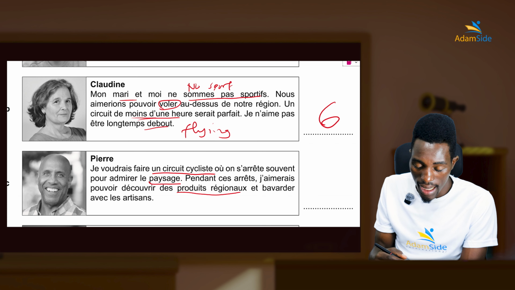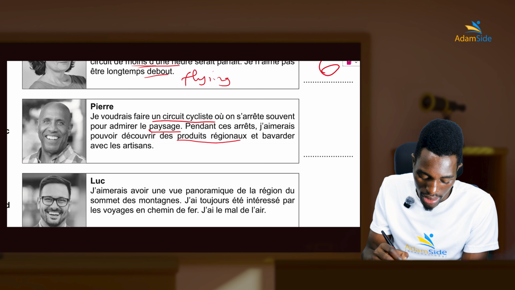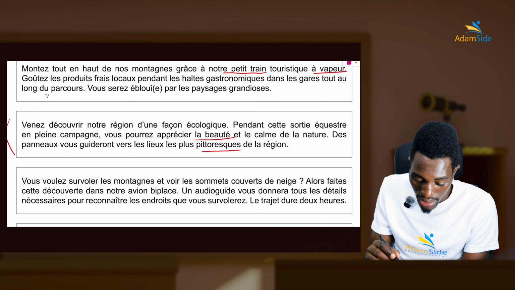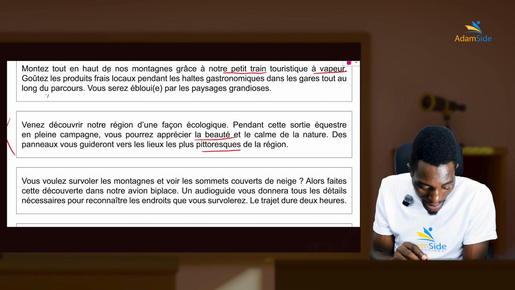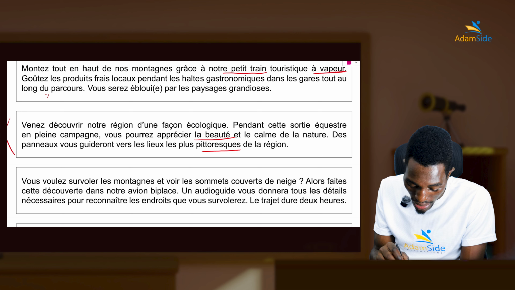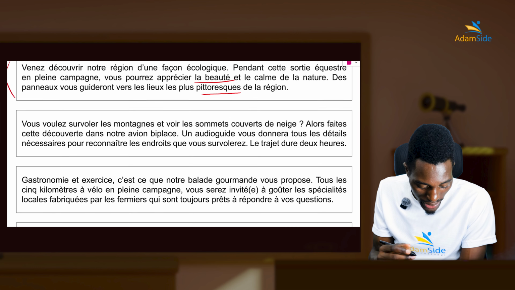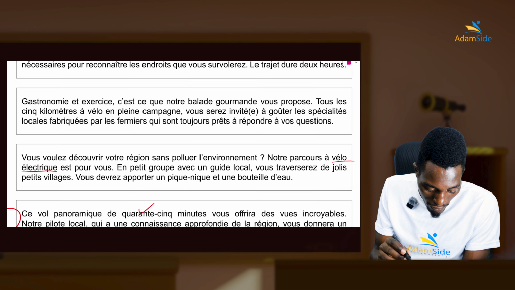So if we get there and find an answer, let's go there and find an answer. Number 1 is not talking about farming, so we exclude number 2. Number 3, vous voulez survoler les montagnes? No, it's not talking about farming, so we exclude. Number 4,